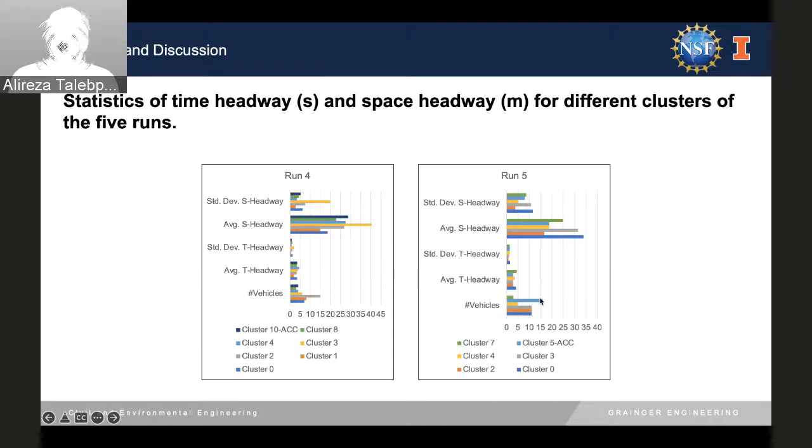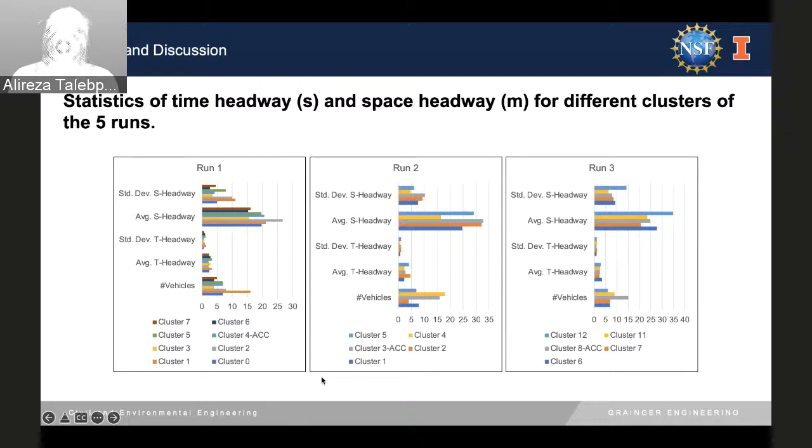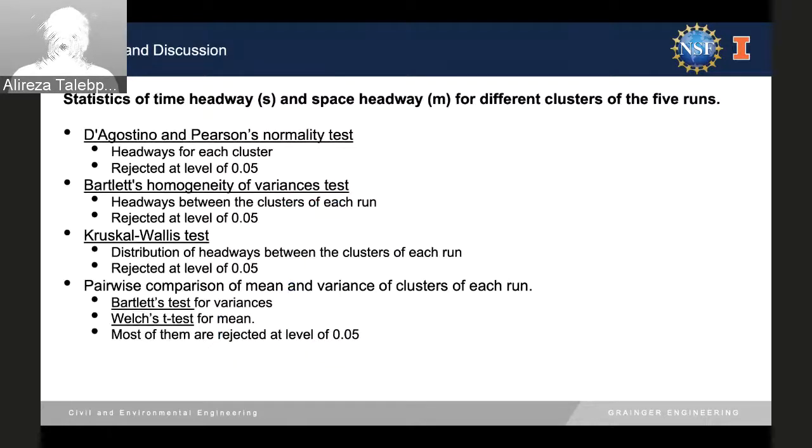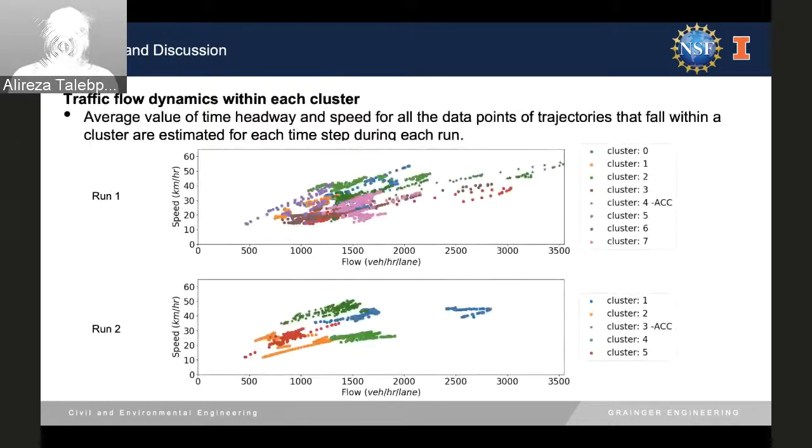So within that time frame of a few minutes, we identified an additional 13 vehicles that had similar behavior to ACC-driven vehicles in run 5, for instance. Or if you go here, this one, the same 16. In this one, there were 15 vehicles. In this cluster, we only had 7 or 8. So the number of ACC-driven vehicles in each run was different, which makes sense because you don't always have the same number, obviously.